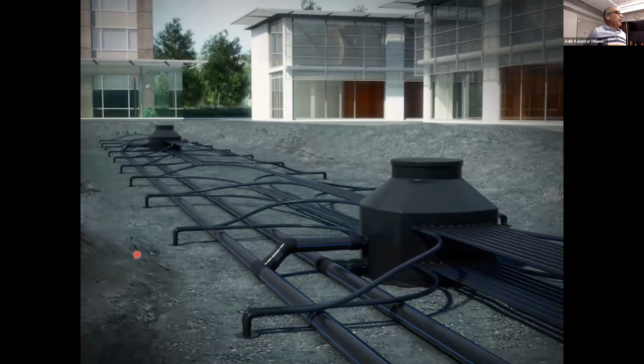In this picture, very generally, you can see all the products that we are producing. As you can see, there are many boreholes that have been drilled into the ground. Perhaps it's not possible to see the boreholes, but you can see the pipes that come out from the boreholes. If we have more than one borehole, then the pipes should be connected to each other. So we have a manifold and manifold chamber to take care of the connections between the boreholes. And then finally, we have two main big pipes that go to the heat pump and come back from